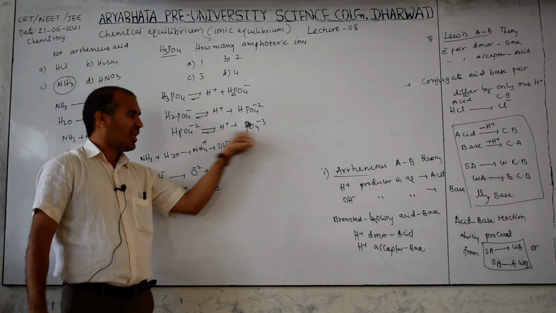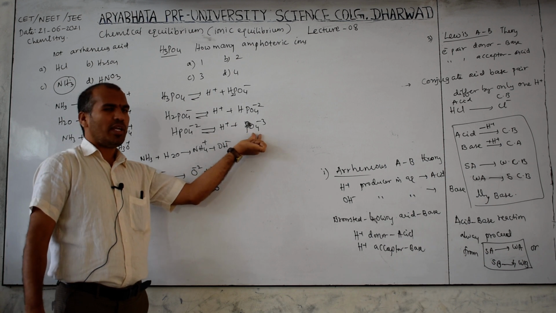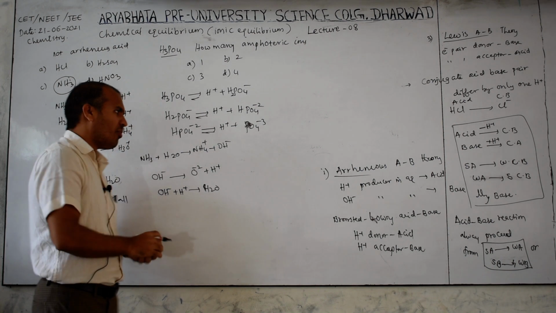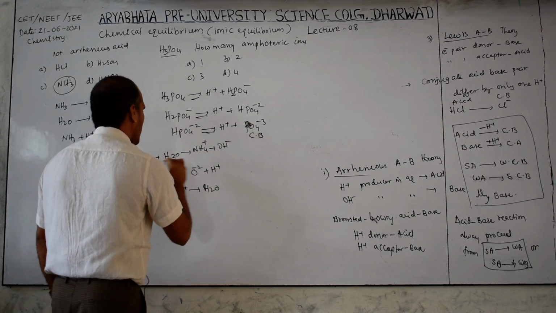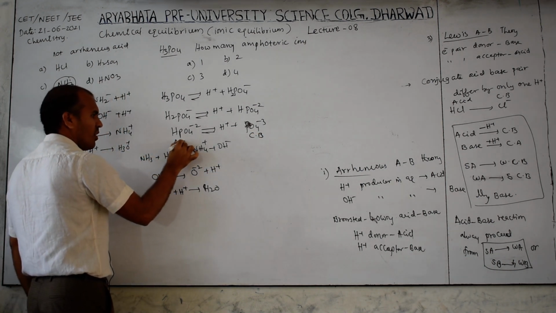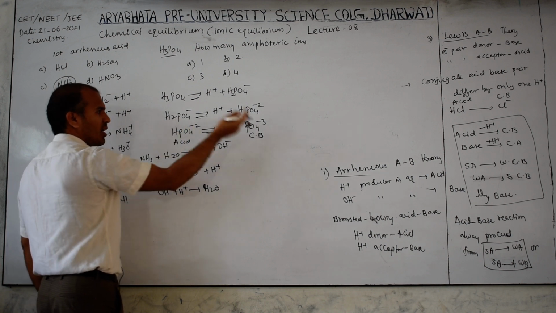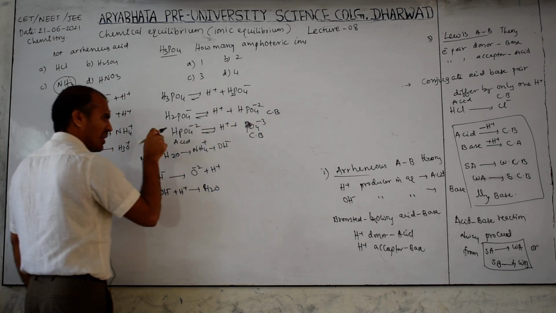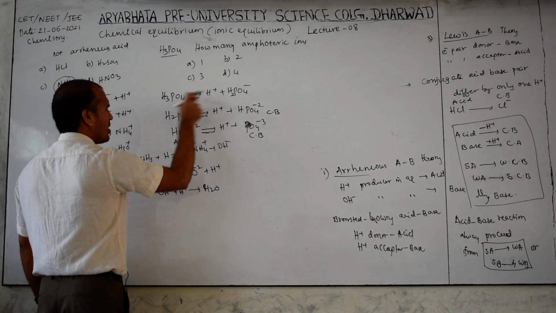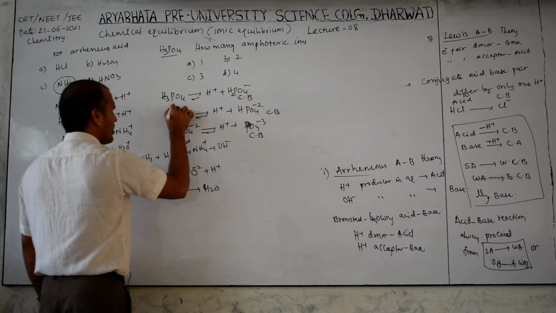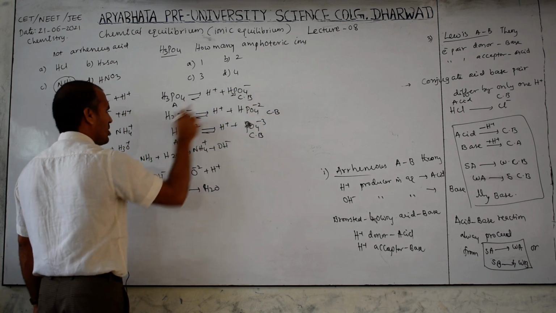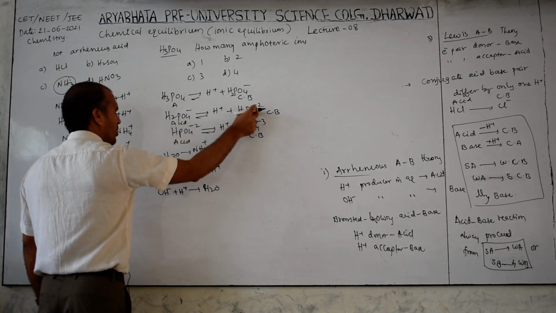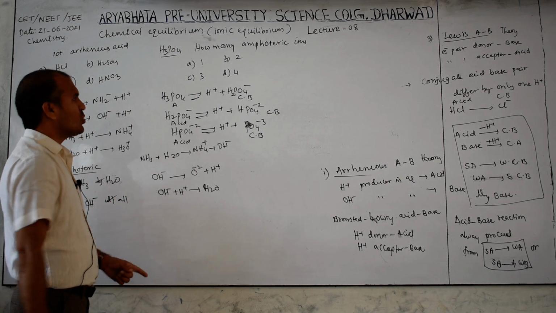So this one acts as an acid, this means this is a base. For this, again, there is no loss of H plus, therefore this is only a base. This is the conjugate base. This is an acid, but here H is donated, therefore this is acid, this is base. So it acts as a base, it acts as an acid. So here it donates H plus, then it is which one? Conjugate base, this is acid. So here conjugate base, but here what is that? Acid, because an acid gives which one? Conjugate base. So acid and base, like this, 2 are there.